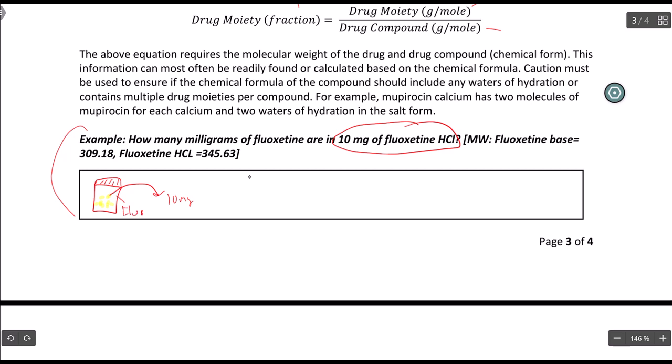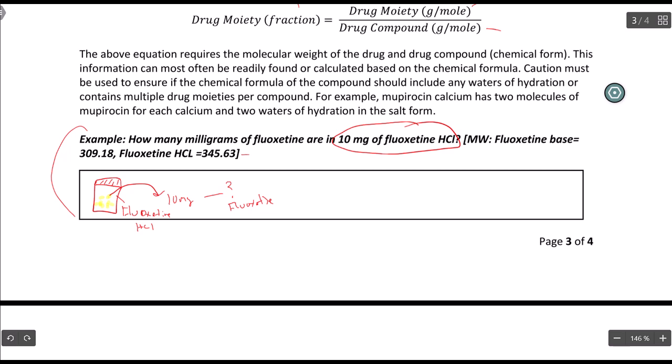This is the hydrochloride salt, and I weighed out 10 milligrams of it. How much of this 10 milligrams is just fluoxetine? So I'm subtracting that salt component from it. Well, what do I do? I'm going to be looking at their molecular weights, right? If you look at their molecular weights,